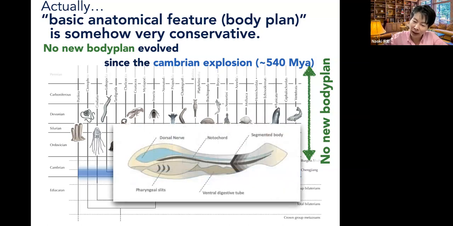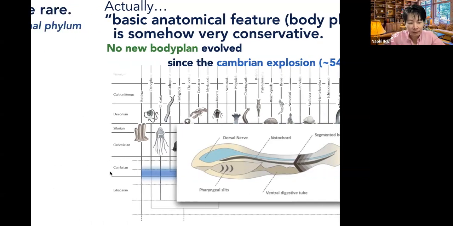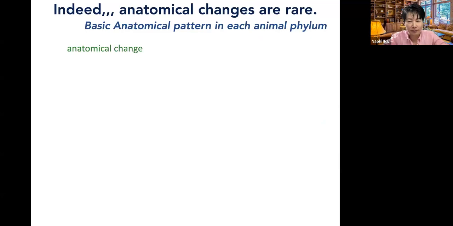And this is the body plan for chordates. We all have a head, dorsal nerve, notochord, pharyngeal slits, a ventral digestive tube, and segmental structures. But why do we have to keep this? I was wondering if there should be a certain mechanism, but others said that, well, it's just because it was adaptive. So I wanted to answer this.